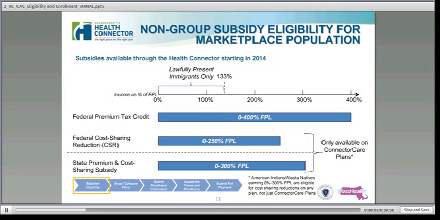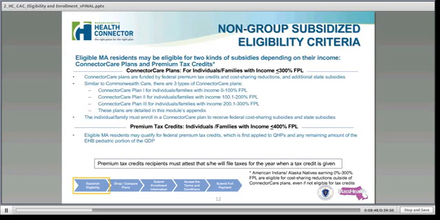Above that income bracket, individuals may be eligible for federal cost-sharing reductions, as well as state premium and cost-sharing subsidies up to 300% of the federal poverty level. These are going to be rolled into our Connector Care plans. Again, individuals up to 300% of the FPL, Connector Care. Then there's the bracket between 300 and 400%. These are folks who in the past, those folks in that income level weren't necessarily known to us. So there is an opportunity here to get additional folks enrolled with some subsidies that they hadn't had before.